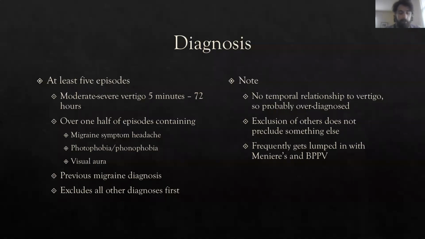Any migraine diagnosis first begins by looking at the symptoms. Vestibular migraine has its own subset of criteria. According to the Barany Society, the patient must present at least 5 episodes of migraines comorbid with other symptoms. Moderate to severe vertigo needs to be present for 5 minutes to 72 hours around the time of migraine onset. At least half of the episodes must have headaches, light or sound sensitivity, and a visual aura, which is that blurry, shimmery look things get when getting disoriented.